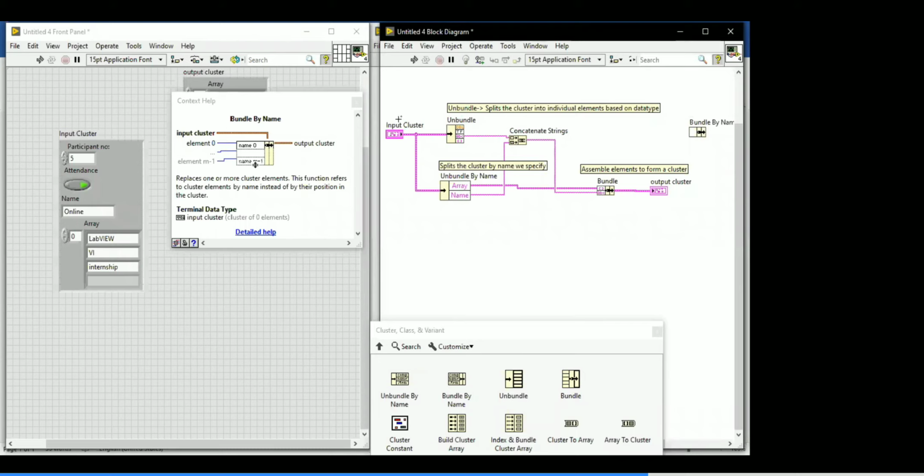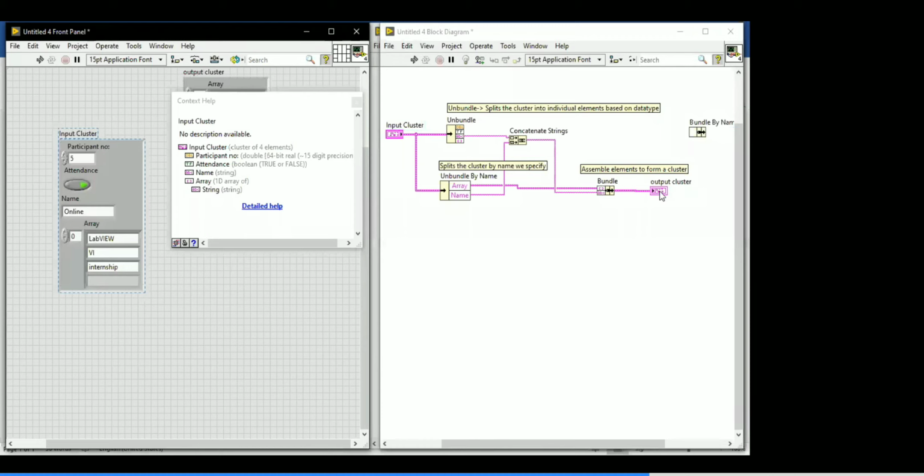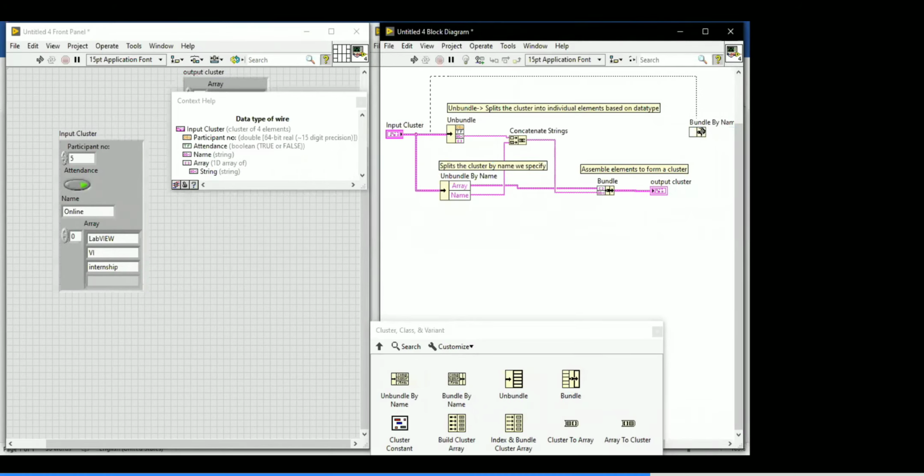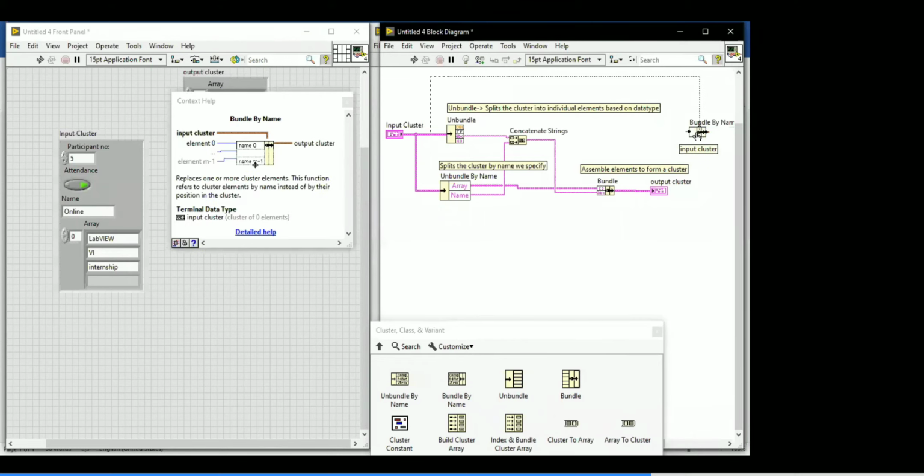That is why they are giving us an input cluster here. Input cluster means you can connect either this cluster or that cluster. Any cluster you can connect. Now I'm going to connect this cluster here, to the input terminal on top. After connecting the input cluster, you will get all the labels available in this cluster. Now you can choose which one you want. If you want name, just go for the name, right click, create constant, and I'm giving the value any random name, any name.